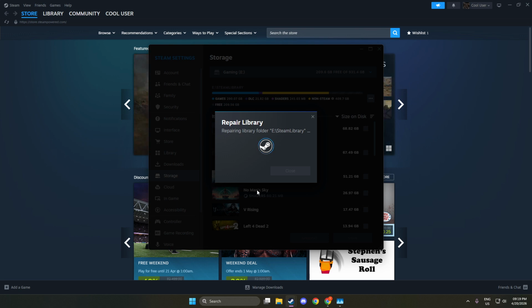by clicking the three dots and selecting Repair Folder again. This ensures every location is healthy and writable. Once the repair completes, return to your game or download and continue where you left off. With the folder repaired, Steam should be able to write files normally and proceed without the disk write error. That's all there is to it. Quick, built-in, and safe for your installed games.